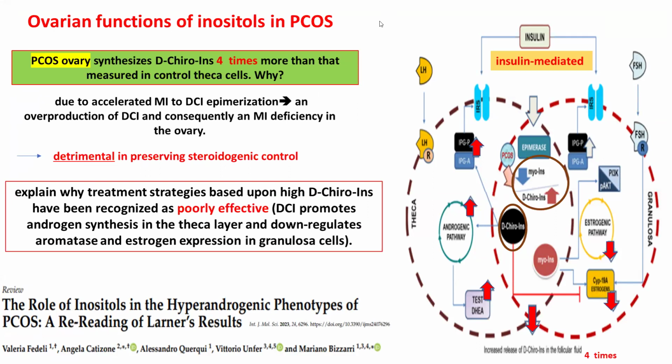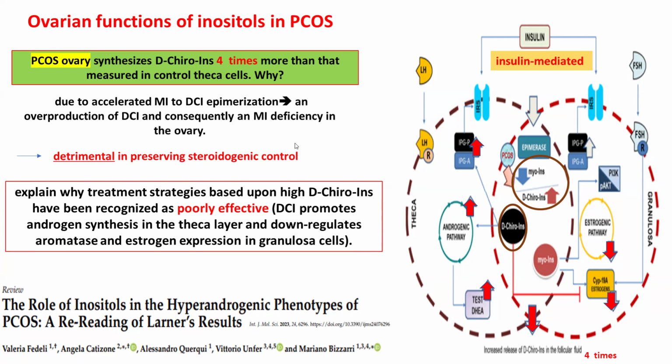As I told you, in PCOS the story is different from the normal ovary, because PCOS sensitizes dicairo 4 times more than measured in the control theca cell. And here you can see in this figure that the myo production in PCOS is decreased and dicairo is increased in the insulin production of these substances in the ovary, granulosa and theca. And this will lead to decreased aromatase activity, increased androgen, testosterone, dehydroepiandrosterone, and this is deleterious for the functions of the